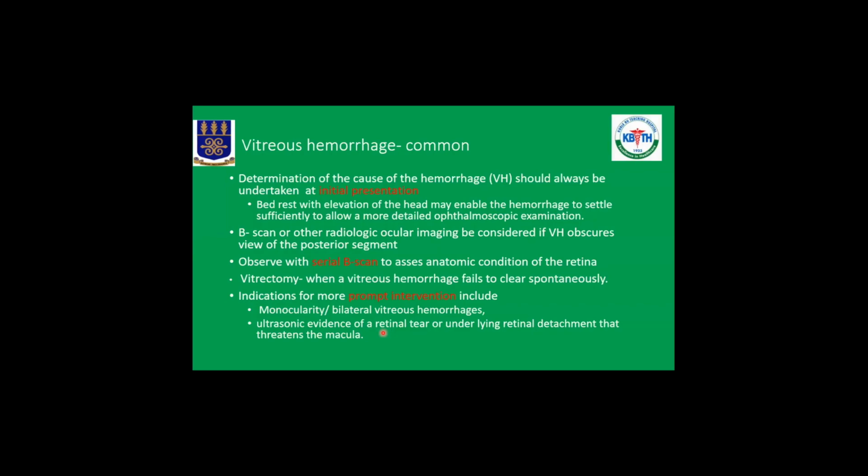So whilst you observe, you need to scan them. If, on the other hand, these patients have retinal detachment or retinal tear, you need to operate promptly. Other situations where you might do prompt surgical treatment is when the patient is monocular or has bilateral dense vitreous